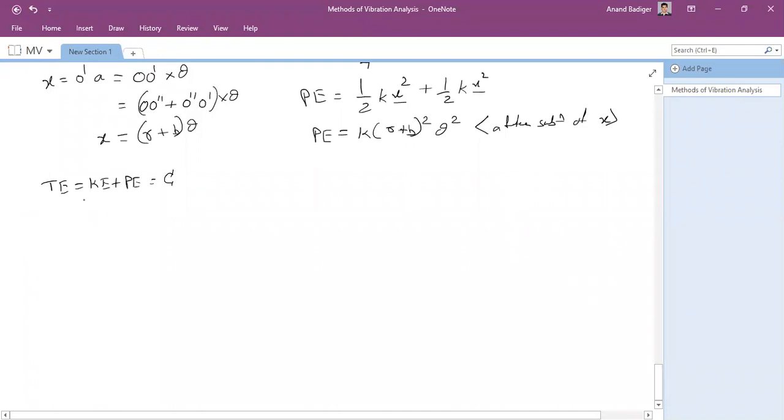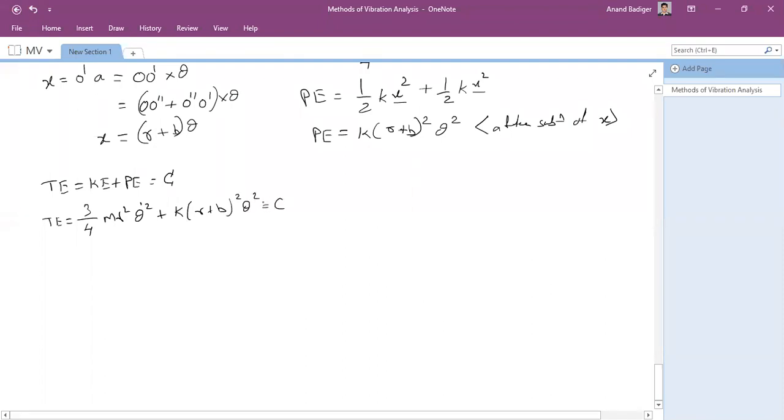So I'll substitute what is kinetic energy. Kinetic energy is 3/4 of m r square theta dot square plus k into r plus b whole square theta square is equal